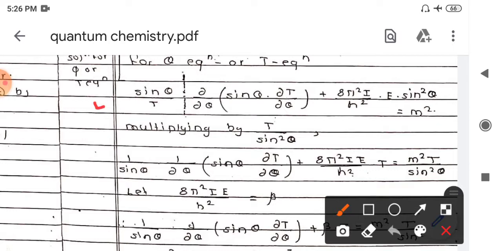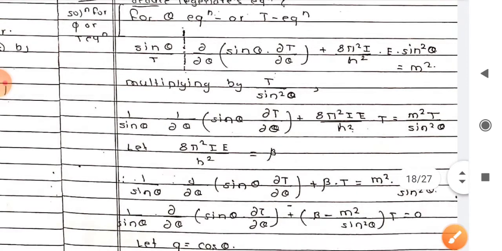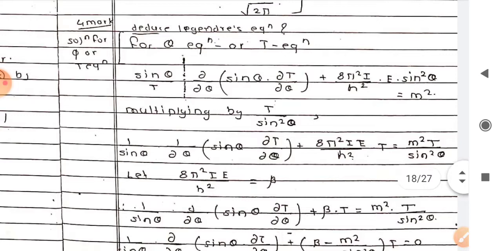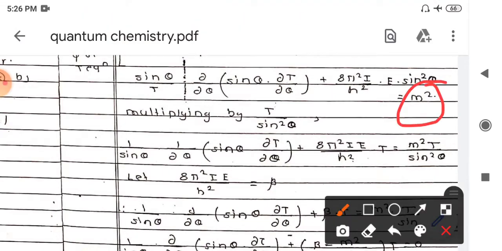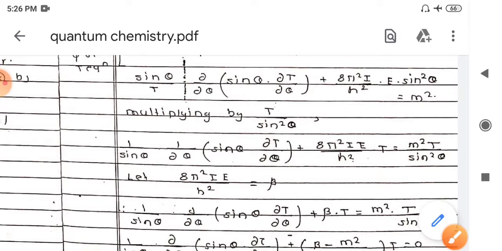The equation is sin theta upon t into del by del theta of sin theta dt upon d theta, plus 8 pi square I upon h square into e into sin square theta, and that whole term is equal to some constant, and we have taken that constant to be m square. We have already seen why we have taken the constant as m square,